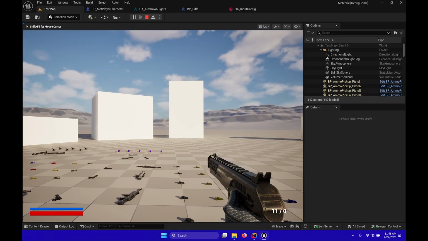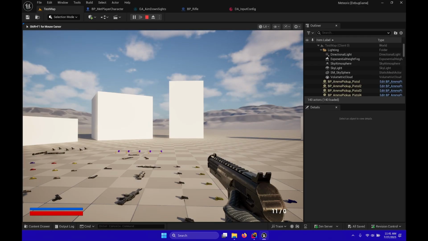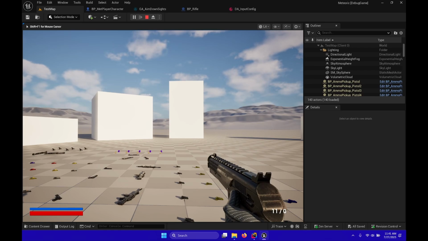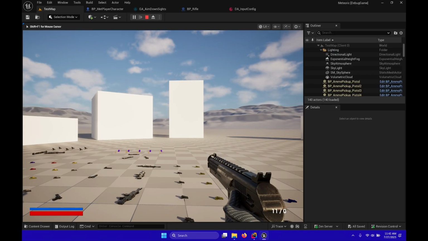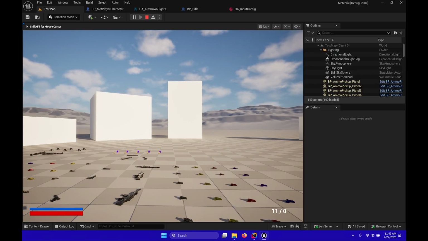So all of this animation is driven by code. We have several components on the gun, such as the recoil component, the weapon sway component. There's a footstep component where you can configure the settings and animation. This way each gun can have its own kind of feel. For example, if I switch over to the assault rifle,